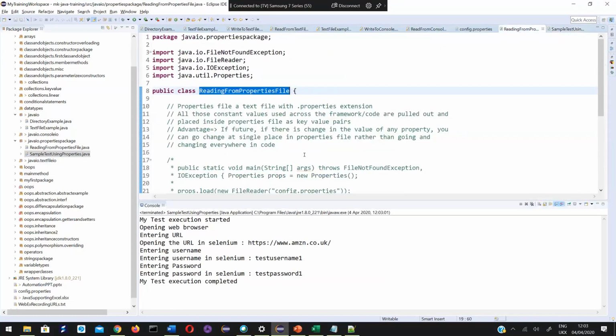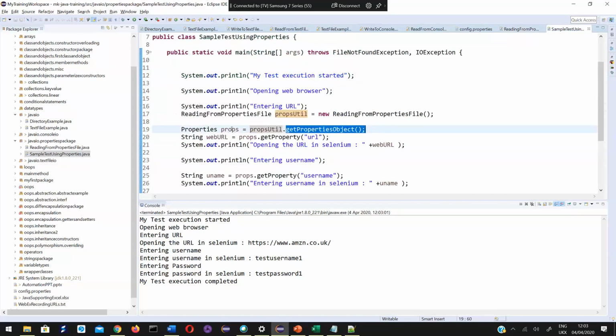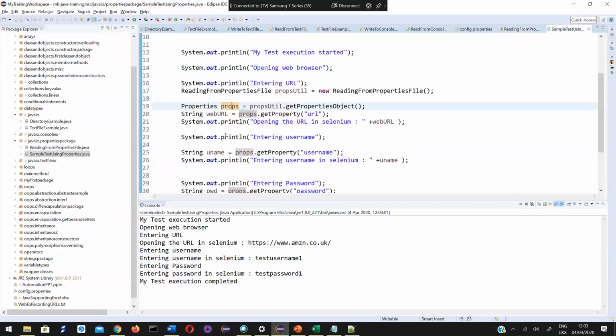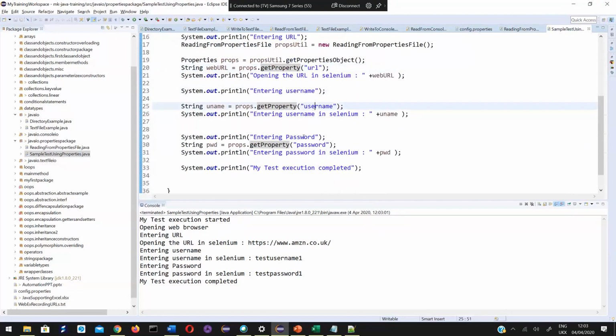This method is returning me all the loaded properties which are present in config.properties. So all the loaded properties I'm storing into the props object. Now wherever I want some value from the properties file, I'm just using that properties object, calling the get property method, passing the key that I want the value for. URL here, username here, password here.